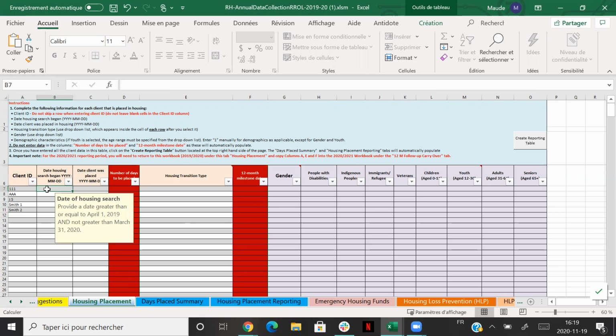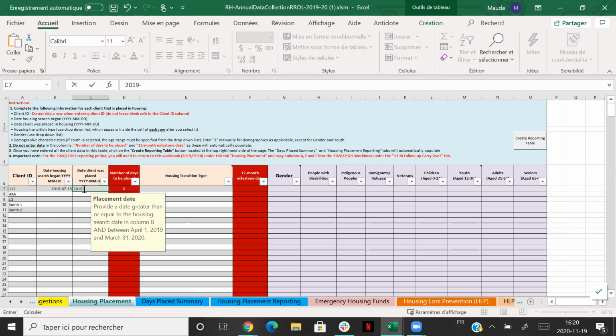Afterwards, you'll enter the date where the housing search began. So it must be between April 1st, 2019 and March 31st, 2020. So here we go. For example, here client 111 started to search for housing placement on the 15th of July 2019. If, for example, first possibility, the client was placed during the year. So 2019, let's say